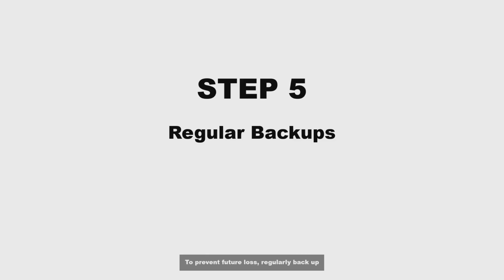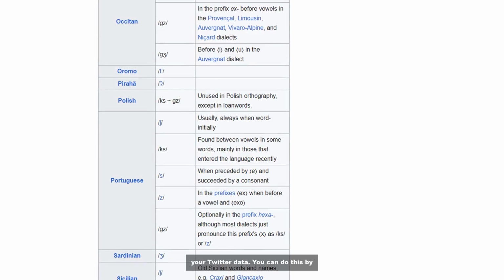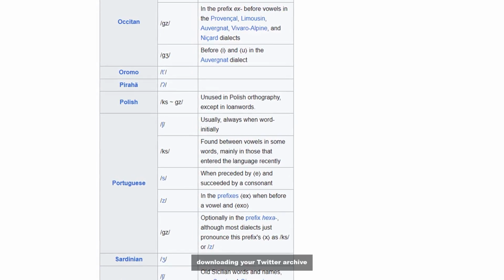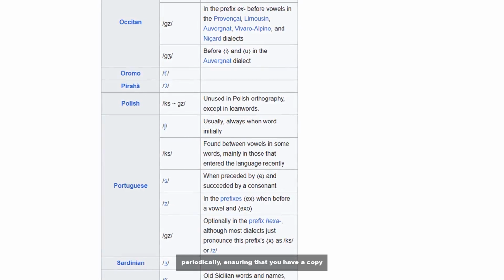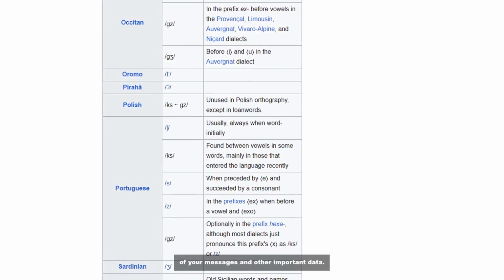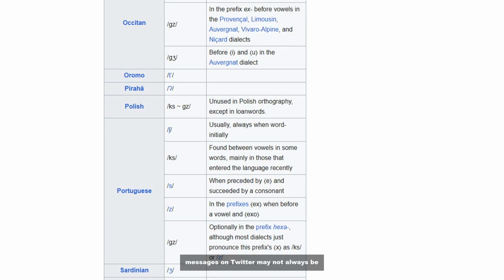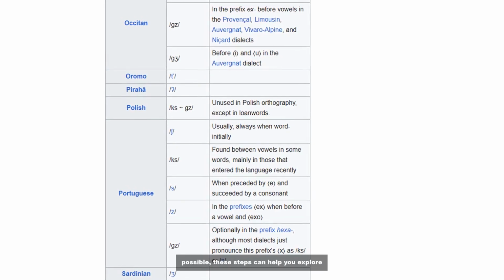Step 5. Regular backups. To prevent future loss, regularly back up your Twitter data. You can do this by downloading your Twitter archive periodically, ensuring that you have a copy of your messages and other important data. In conclusion, while recovering deleted messages on Twitter may not always be possible, these steps can help